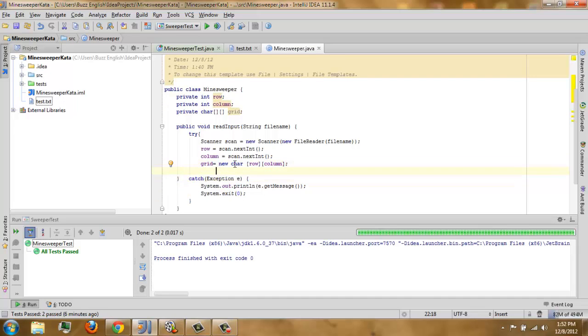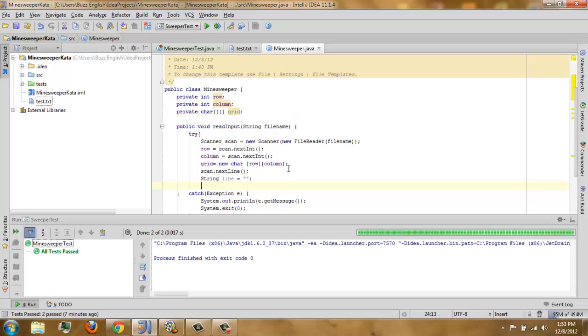We're going to parse every line below our dimensions, so we scan the next line. Let's make a String line.